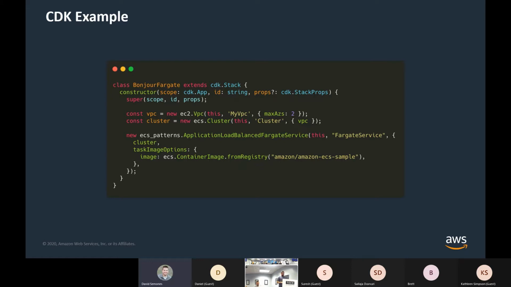So typically, in order to do that, you would have to define the actual task definition of what image you wanted to use for your container image. We have to specify what kind of ALB you wanted, what ports you wanted it to listen to, a bunch of networking stuff, maybe some security groups for inbound, outbound access.